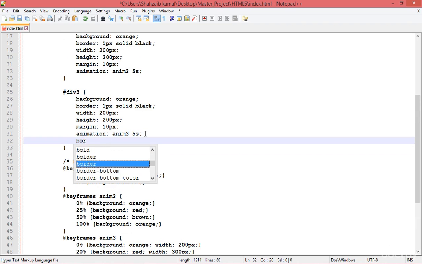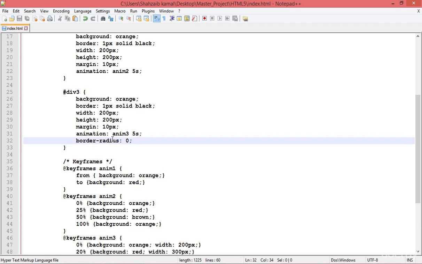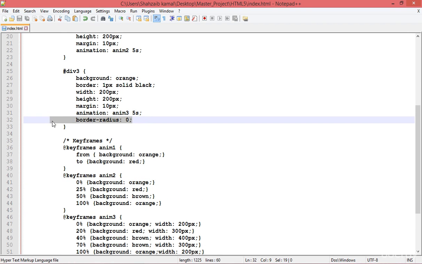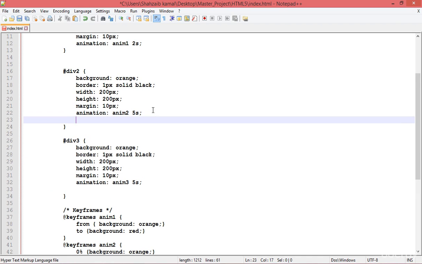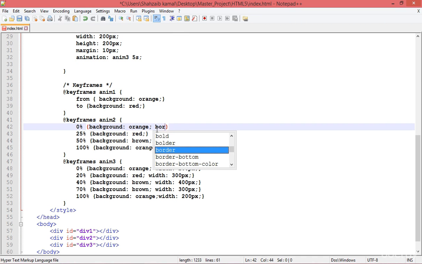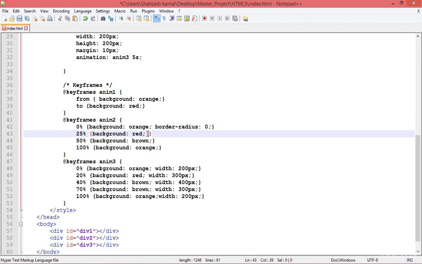updating the border radius. First apply the border radius, but the 0. Okay, I'm not putting any specific value, the 0. So starting from the 0, the border radius from 0. Sorry about that, I'm not gonna put this one here because you know that it has the specific width, so I'm just gonna apply this on anim2. So removing the border radius from div3, I'm applying this on div2, the border radius 0, and I'm just applying this here in anim2, the border radius 0, then the